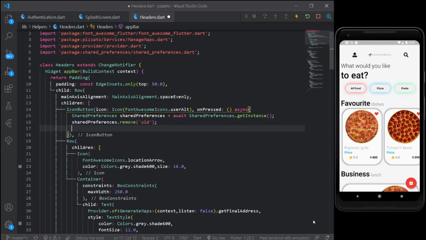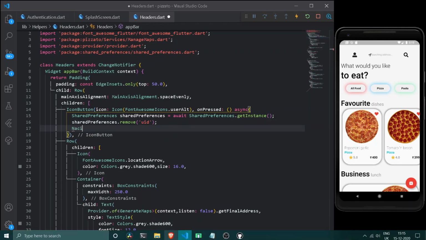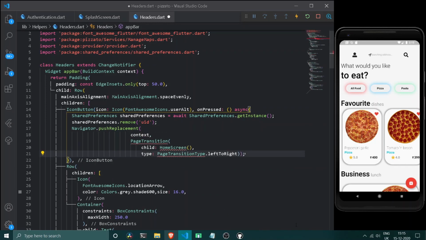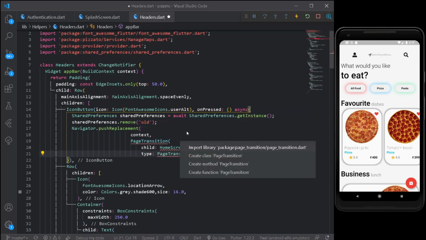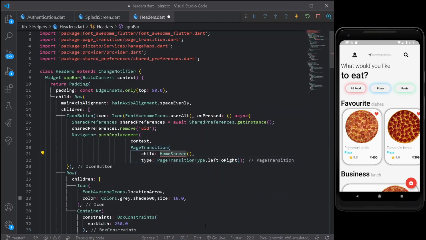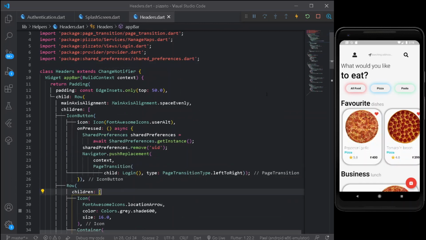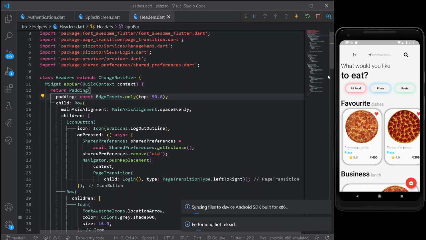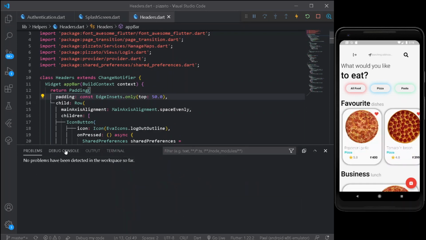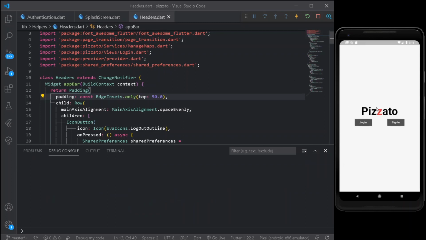Cool, so once the following thing is completed, I can simply navigate the user to the next screen. So for that I will be simply writing here the navigator one more time. So here under this navigator, let's assign the following dependencies. Now here instead of having a home screen, I will be simply having a login screen. Easy as that. So now let's try logging out, but instead of this, let's remove the following icon from here. Cool, so for now this shall be enough for us. Let's check our debug console by clearing it once. Cool, so now we are navigated back. Let's reload our entire application once.